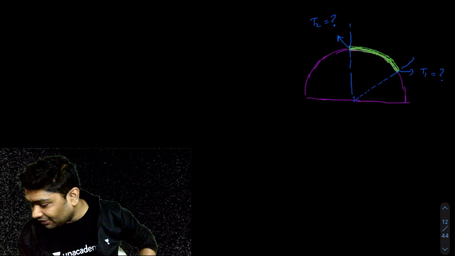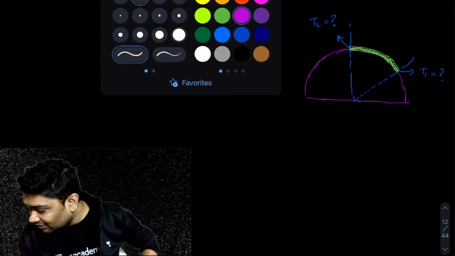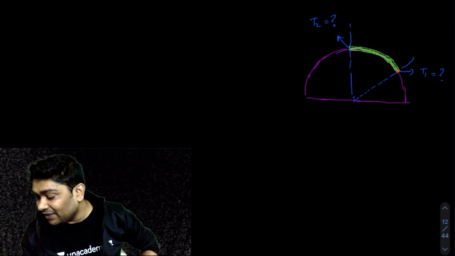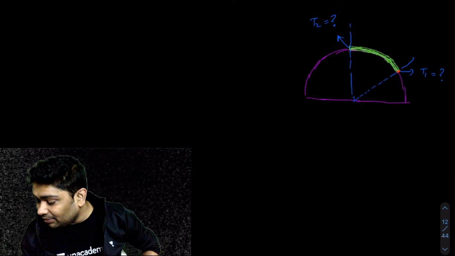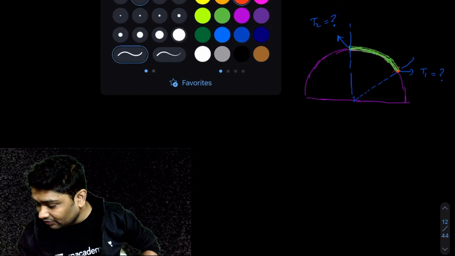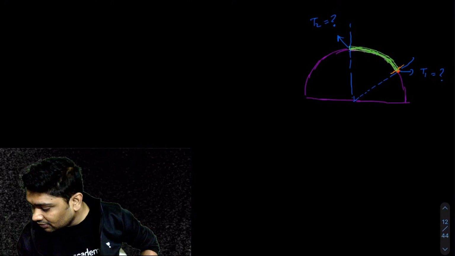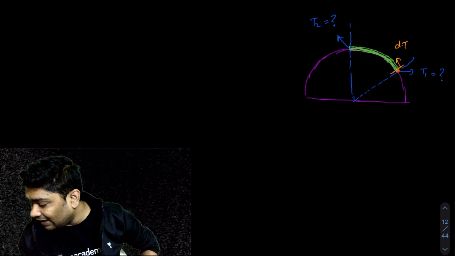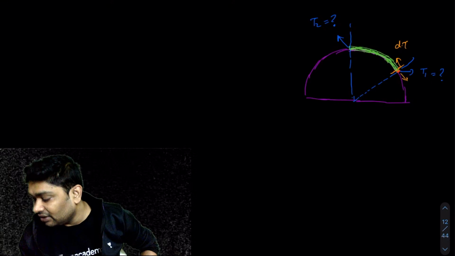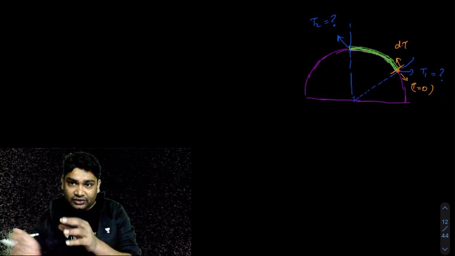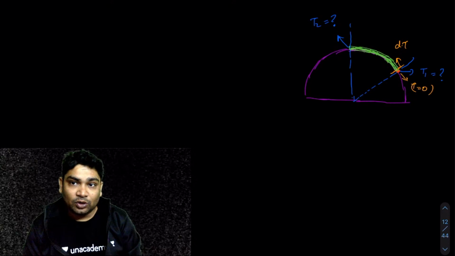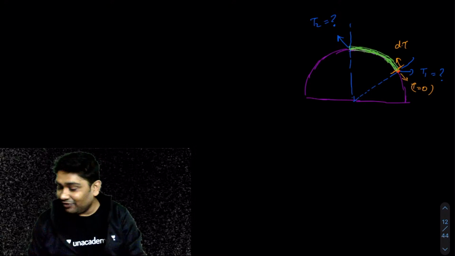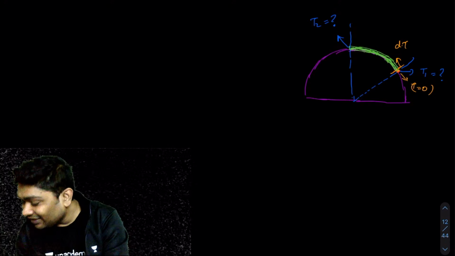If I considered a small portion here, only a small dm here, towards the end of it there cannot be any tension. There will be some tension here, some tension dt. But at this end there cannot be any tension, right? T would be zero. At the end of the rope, the tension would be zero. Do you agree? Then just above, if you draw the FBD of this dm,